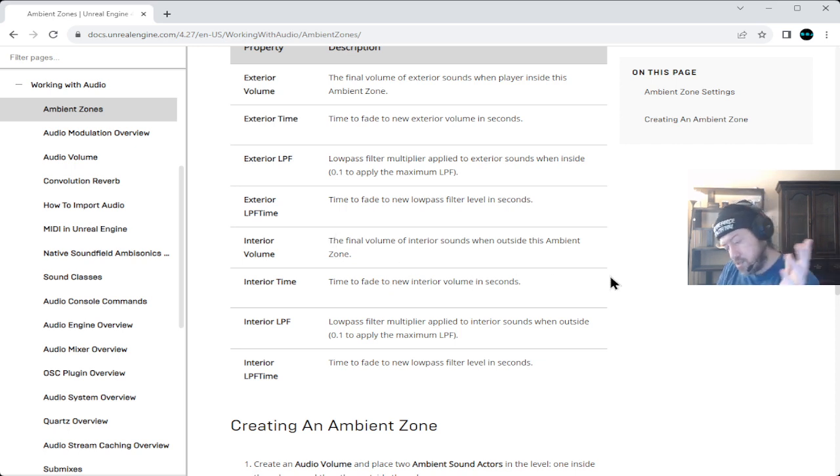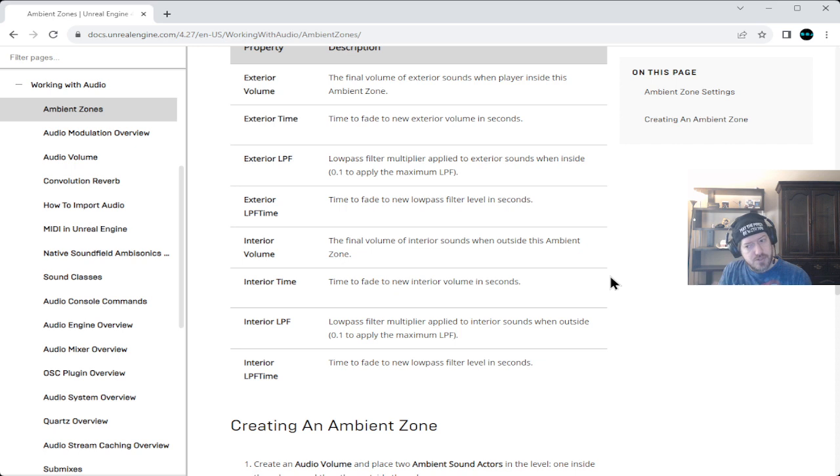But at the same time, you might need to have more zones outside of that. Yeah, because the further away you go from the blacksmith, you won't be hearing the blacksmith anymore.